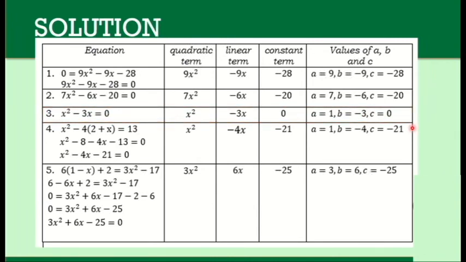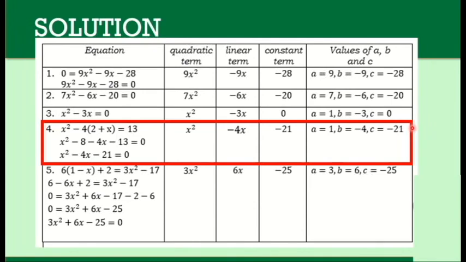Okay, now for our fourth item, here we still have negative 4 that needs to be multiplied to the quantity of 2 plus x. So based on the given, we need to apply our different properties of equality, like distributive property of equality and addition property of equality, to have this sign of our solution, which is now x squared minus 8